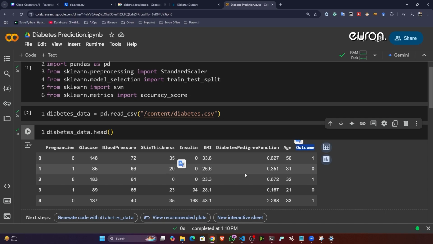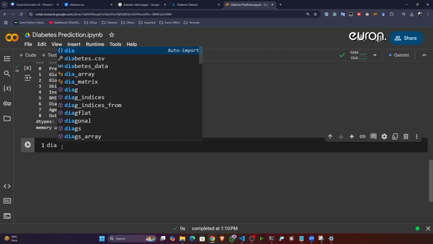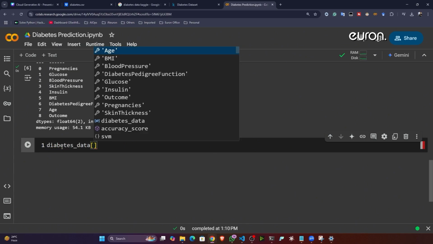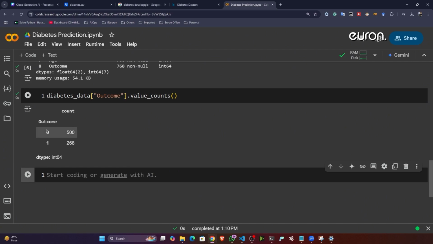For this, let's copy the name, and here I'm going to write diabetes_data. Inside that I'm going to pass outcome, and I will just write value_counts. This will list them down. See, non-diabetic persons you have 500,